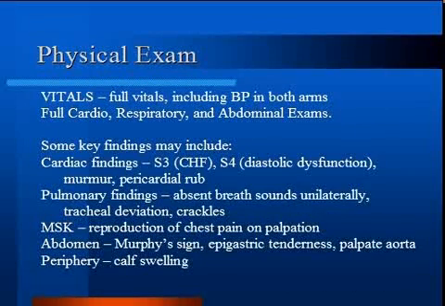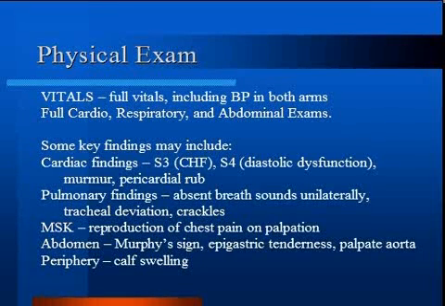On physical exam, obtain a full set of vital signs, including blood pressure in both arms, as a major difference suggests the presence of aortic dissection, although most patients with a dissection do not have a pulse deficit. A complete cardiac examination, including auscultation and palpation, should be performed in a sitting and supine position to establish the presence of a pericardial rub or signs of acute aortic insufficiency.